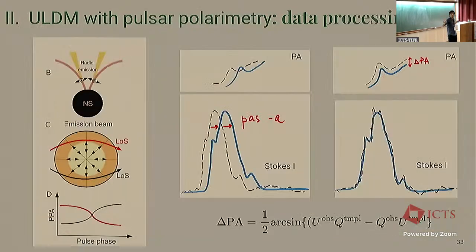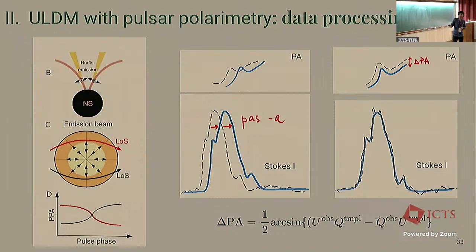So the point of putting that up there is that what we did in our analysis is not to consider the ultralight dark matter as a correlated signal across all our pulsars. We search for it in individual pulsars and then sum everything together. And the way we do that is